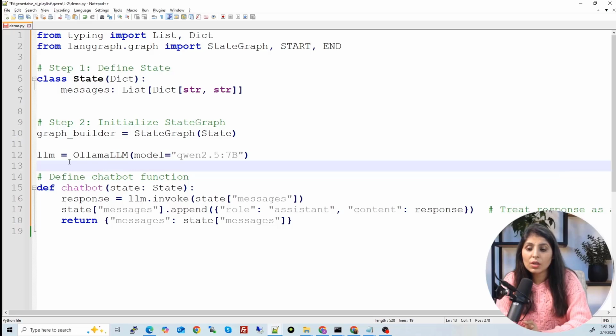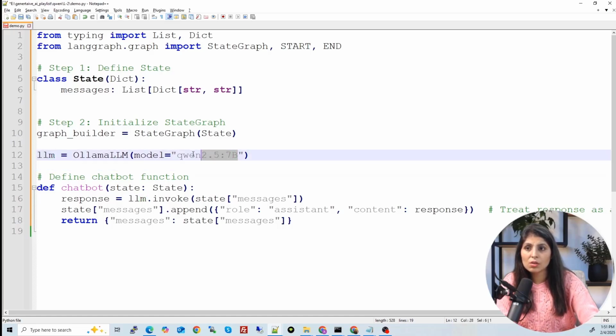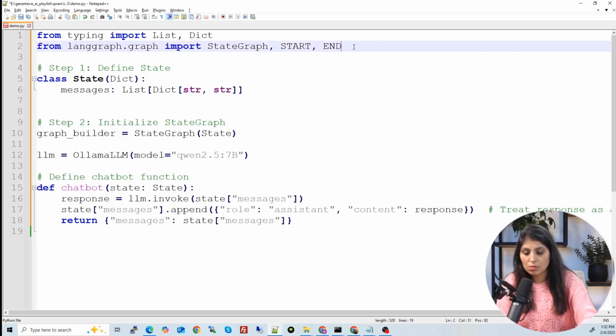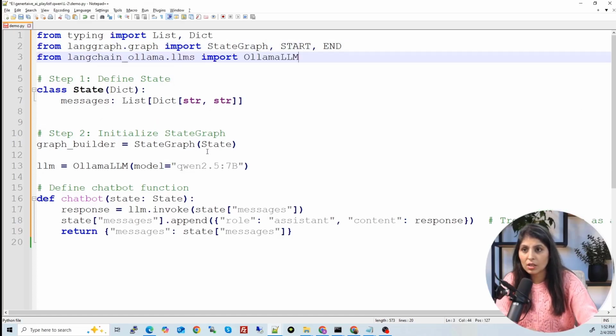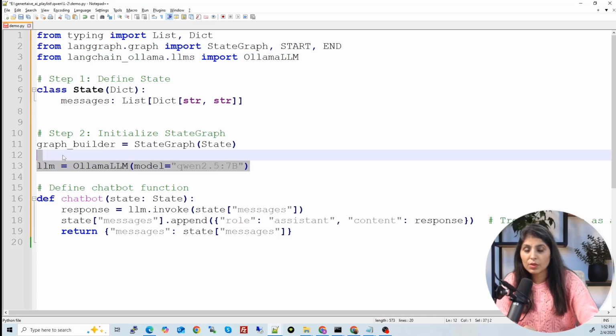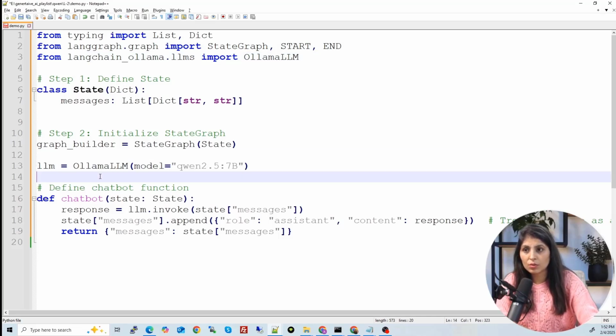So what are we doing? We are building a chatbot. Chatbot means user will ask a question, LLM will work on it and give us the answer, and then we'll show the answer on the screen, right? The LLM which we are using is Qwen 2.5, and we are getting this LLM from Ollama LLM. So we need to import this module also. You need to import this module like this. So now we have imported it, and we have defined the LLM also.